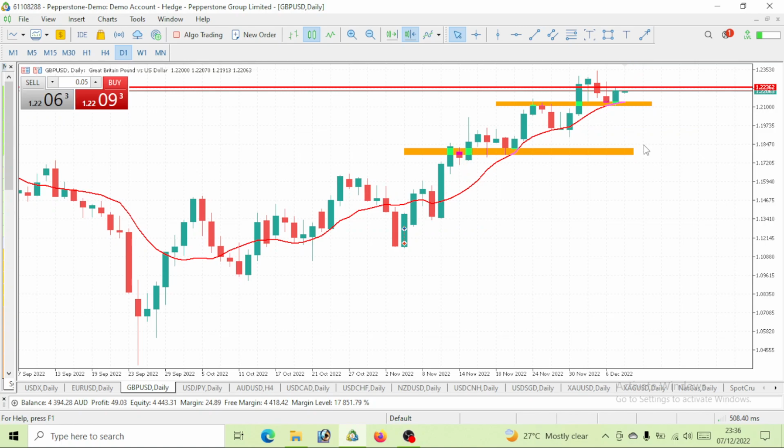So I've given different reasons why. When you take a look at your DXY, you will see that DXY will be falling. That is to say GBP will be going bullish. When you take a look at the trend on GBPUSD, you see that we are to go bullish. When you take a look at the moving average, you see price is above the moving average. It has tapped the moving average, right? It gave us a pullback and tapped the moving average. Now it is time to go long, right? The pullback has finished, and now a bullish move is playing out on GBPUSD.